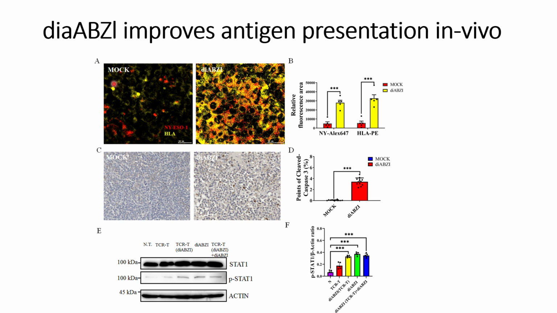So in the mock case, they can see a low amount of this NY-ESO antigen and this HLA. HLA is part of the major histocompatibility complex, or we can say it is part of the immune system that helps in the recognition of the antigens that are presented on the tumor cells. So in the mock we see a low amount of HLA and low antigen presentation. However, after the DiaBZl treatment, we can see an increase in the amount of both the HLA and also the antigen, that is NY-ESO-1, and these are quantified in panel B,